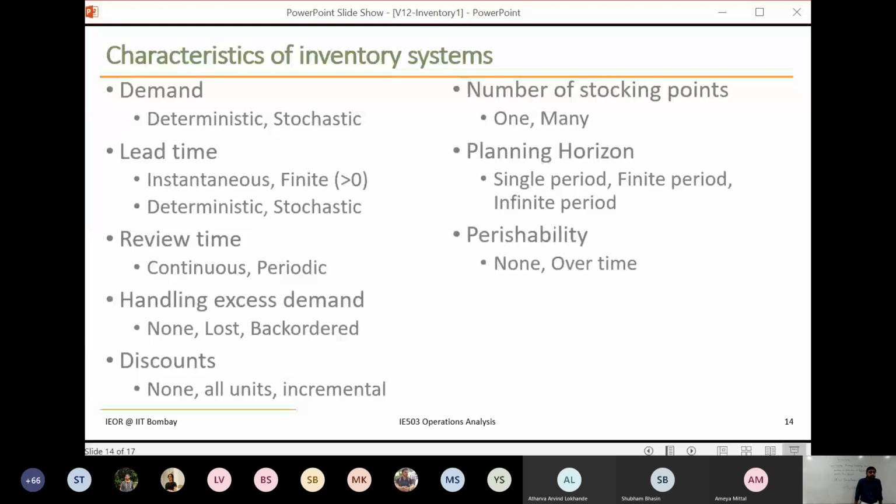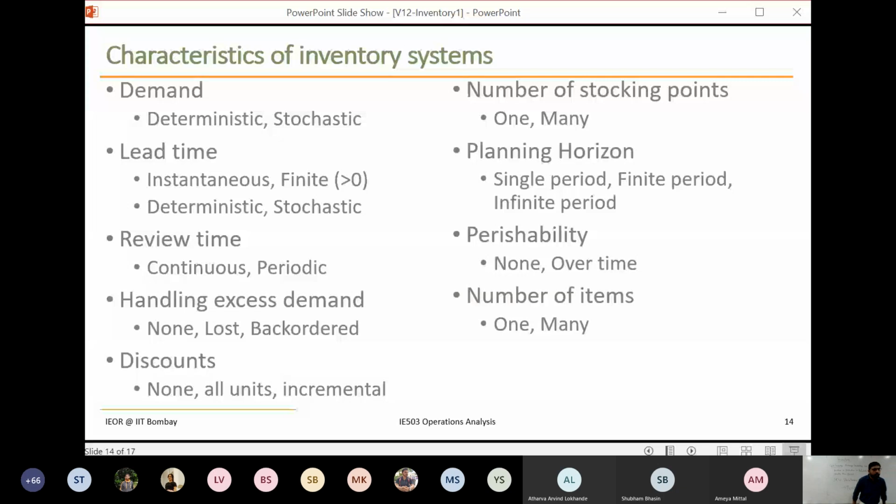Perishability, again we have to characterize inventory. None. This is what typically we are going to assume. But goods can deteriorate over time, because of which, even though your system shows inventory is there, it has actually all gone bad, so it's just occupying space. So we may not look much at it, but let's see. I'm not decided on that.